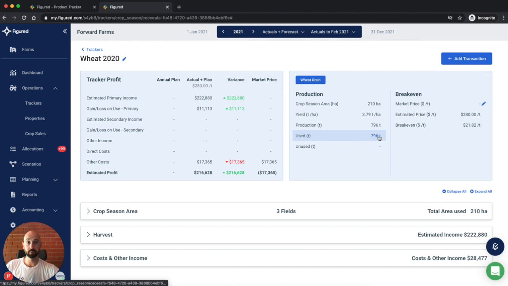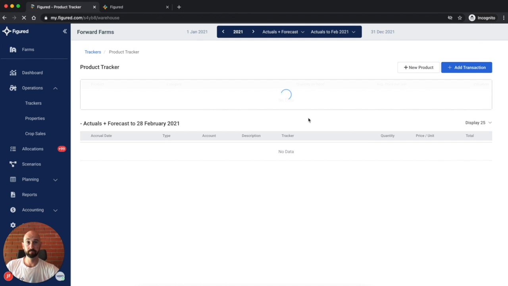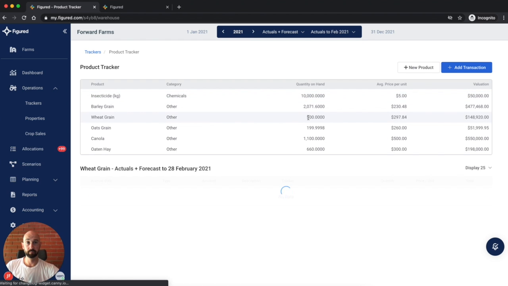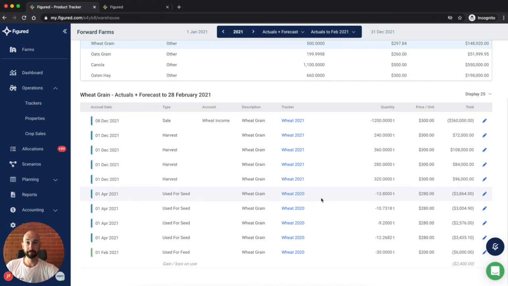Under my used tab now, you can see where everything's gone. In my product tracker as well. My product tracker here, you can see I've got my used for seed lines